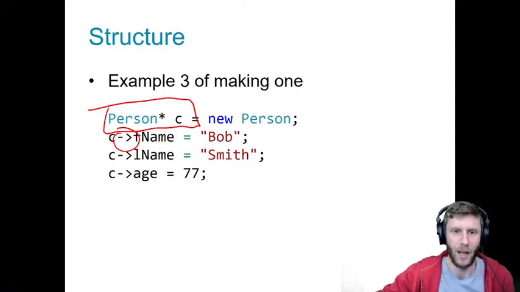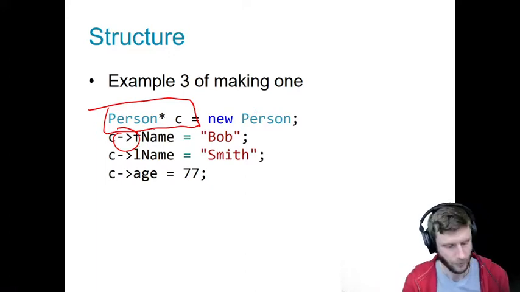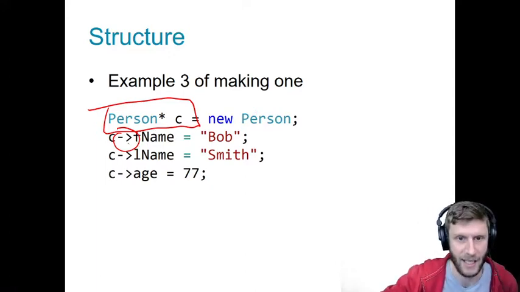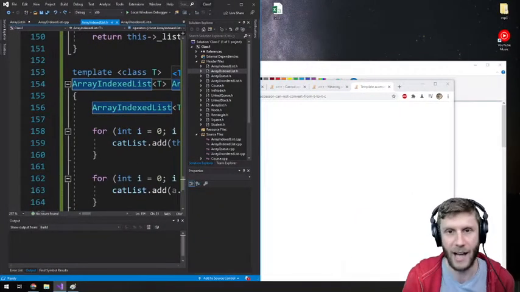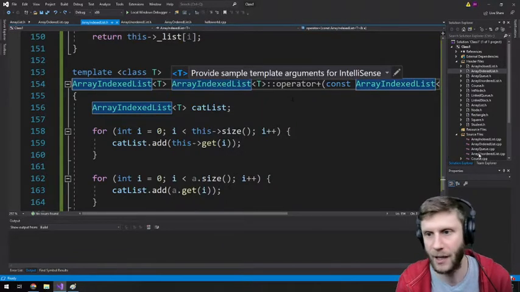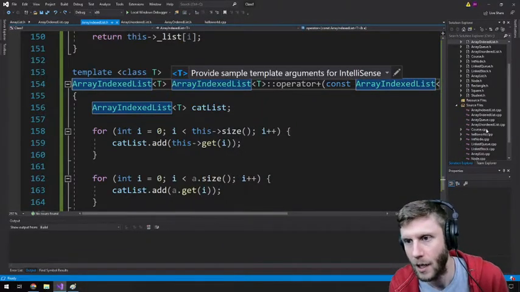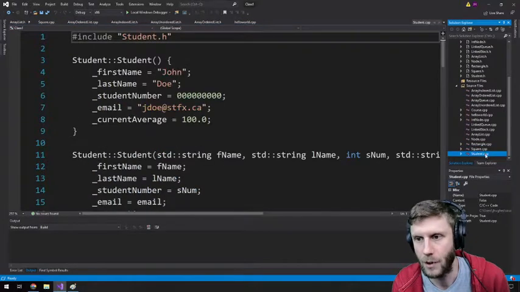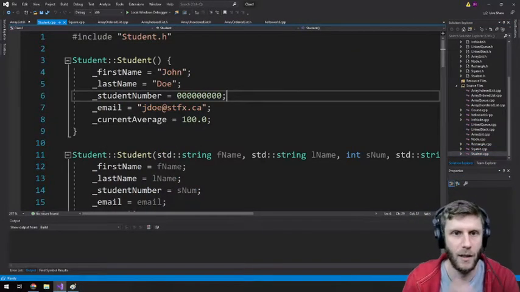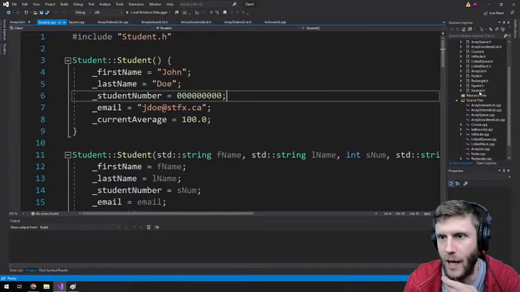So by the way, this type of syntax is the same as it would be with an object if the object's attributes were made public. Let me show you what I mean. If I go down to a student object, I guess I need to go to the student header.